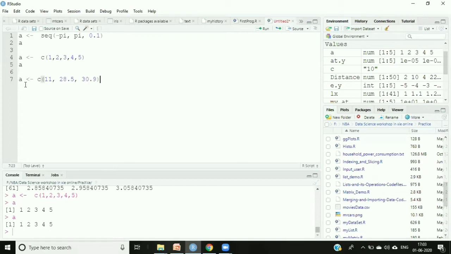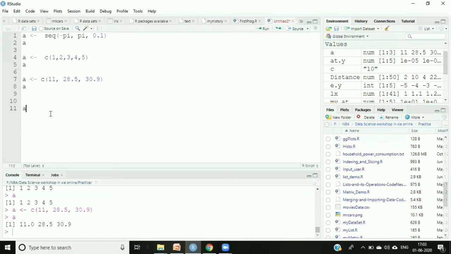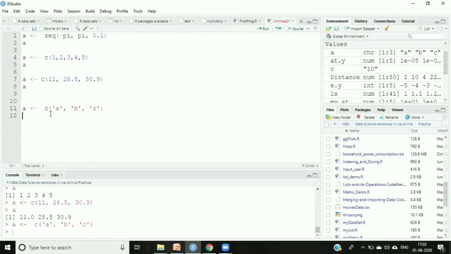Any values I'm taking, enter, and then I'm saying A. So it has displayed all the floating point numbers, right? These are also numeric only, so by default it's numeric. If I am taking it this way, A, c, character A, then character B, then let's say character C, enter, and let me check the value. So it's A, B, C, a character vector.